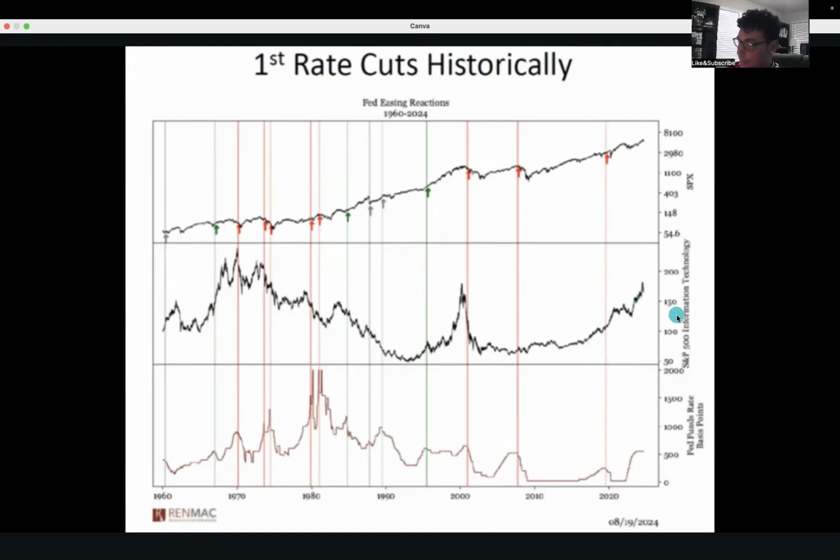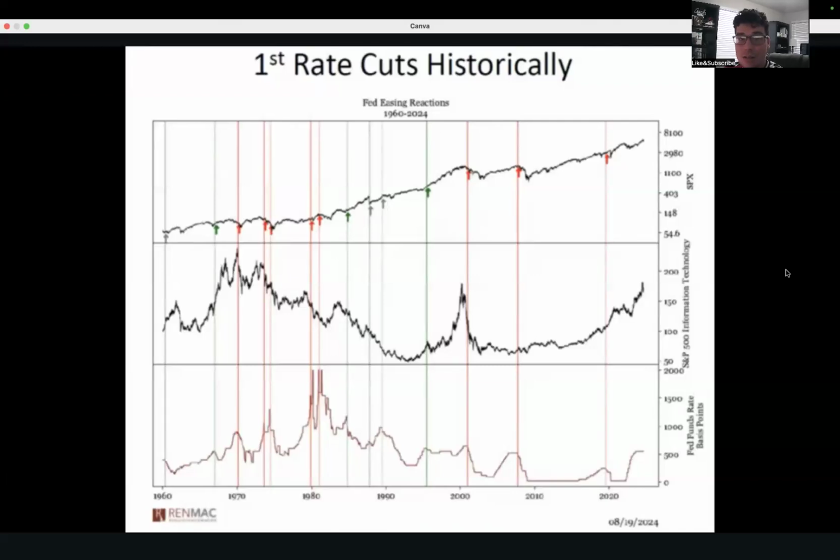What's really interesting to me is that only in the dot-com bubble did technology, right, which is going to be the middle graph right here, only in the dot-com bubble did we see technology actually go lower, okay? The past 2 rate cuts historically, we actually see technology continue to rise steadily, okay? So keep that in mind as well, because the market has changed so much over the past 20 years